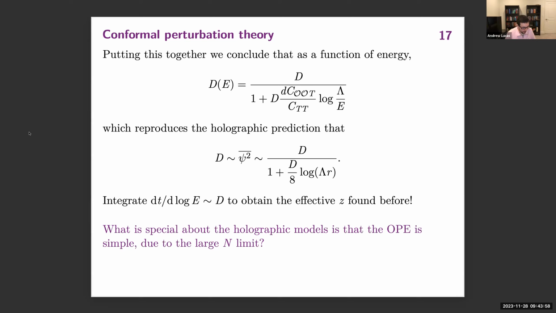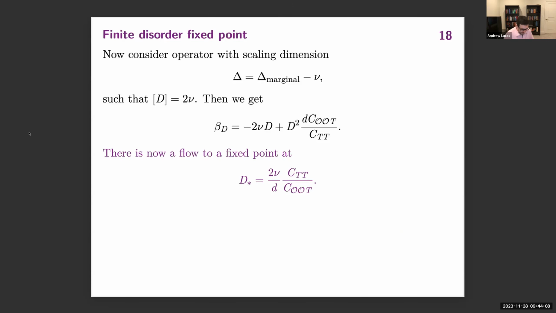So now we have all of the ingredients and we can try to build an honest disordered fixed point in holography. And the key idea is to take inspiration from standard QFT. So in standard QFT, if we look at the phi to the fourth theory in 4 space-time dimensions, right, we get a coupling that's marginally irrelevant. And so the way that we get a finite coupling fixed point, at least perturbatively, is just to go to 4 minus epsilon dimensions.